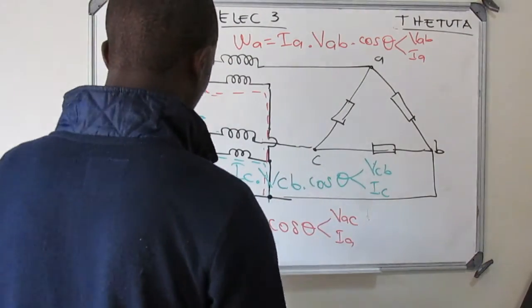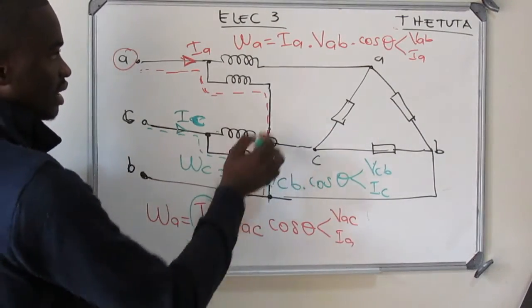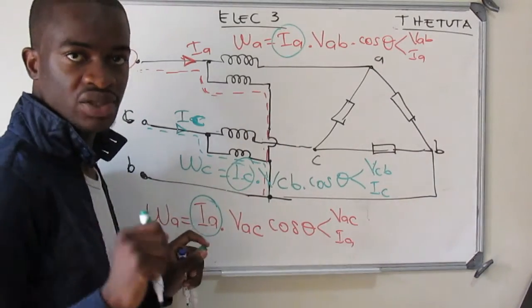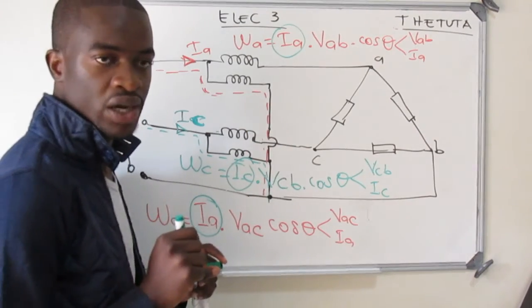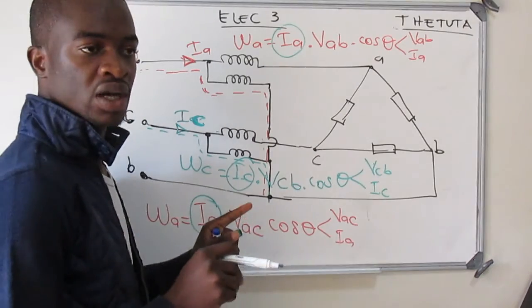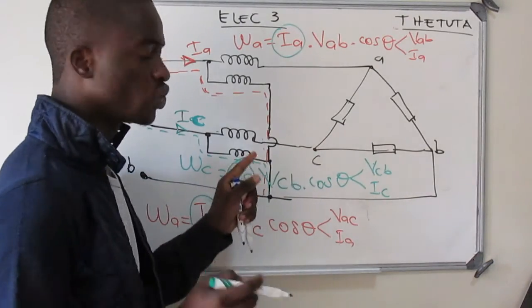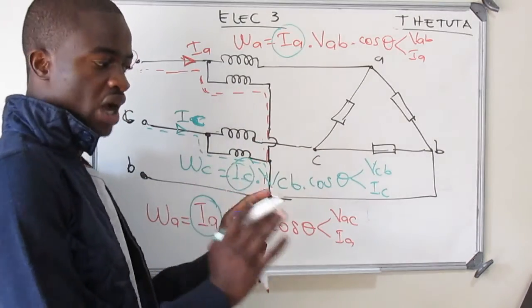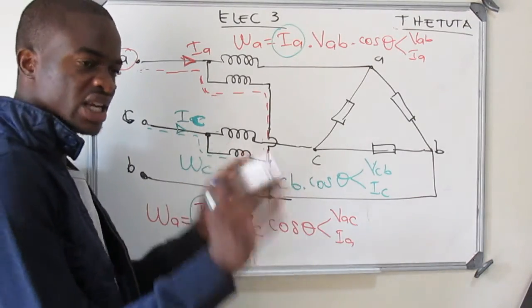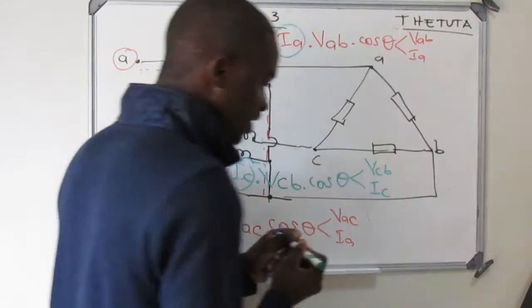But the problem is, how do we get these currents, IA and IC? To get the currents, you're going to do the same as you did in chapter 1. That's why I say there was a mistake in the textbook, because first of all, you need to know how to calculate the two currents. Now you can do your measurement. That's why I put chapter 1 to become something else, and I changed the order, because this is how it's supposed to be. Okay, so now this is for the delta load.